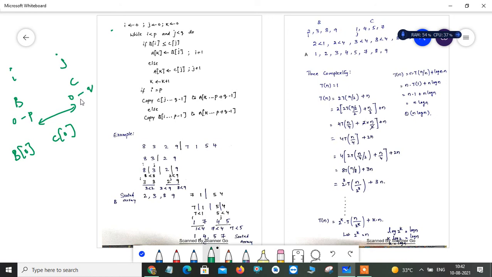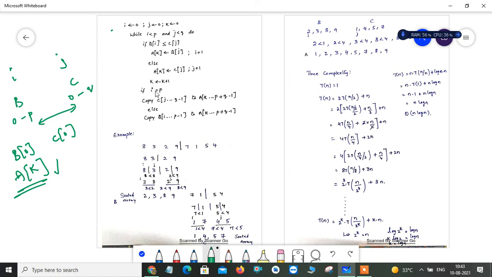So then you can copy this element into your array A, then you can increment j, because we need to compare with the next element. So you can do this repeatedly. Then you have to increment your k position by 1 every time, because you need to increase the A array index, right? So because of that you have to write k equals k plus 1.